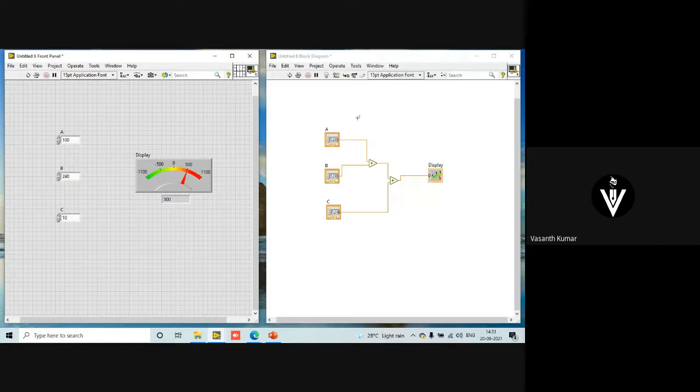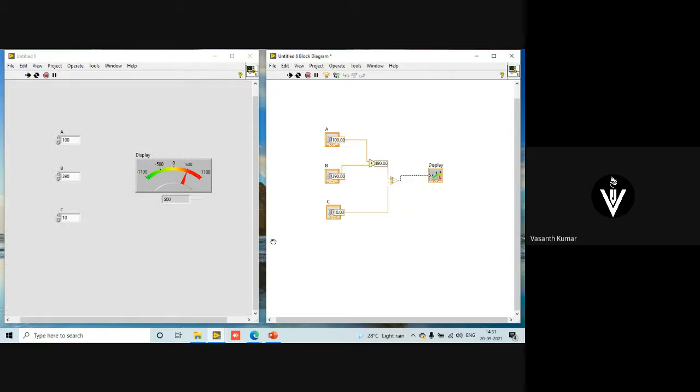If you want to see how the data are flowing, on the block diagram, you have a highlight execution. We were only using these functions. Now I'm coming back to the block diagram. I'll highlight this execution and run this program continuously. You'll see the data flowing. Can you see how the execution is happening? You'll see this only if you click on the highlight execution. It helps you debug the application. So in case if your code is